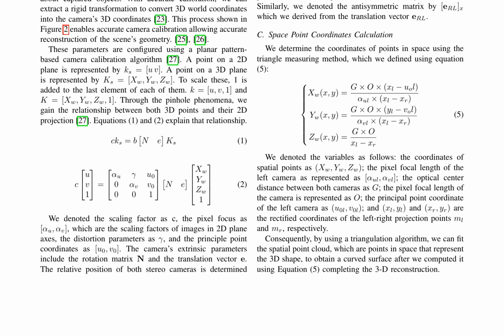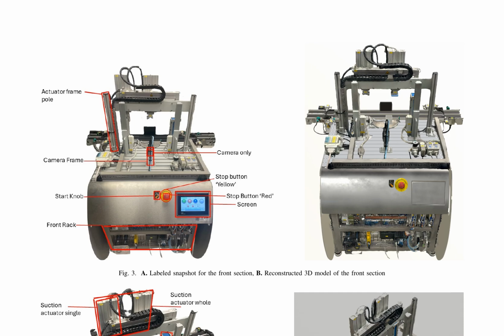The relative position of both stereo cameras is determined by calculating the associated external parameters, as shown in equation 3. This information is then used to align points in the left and right images on the same plane, a process known as image pair rectification, which is described by equation 4. Once the images are rectified, the coordinates of points in space can be determined using the triangle measuring method, as defined by